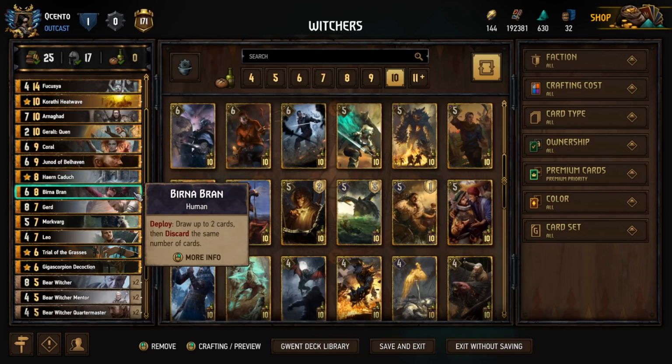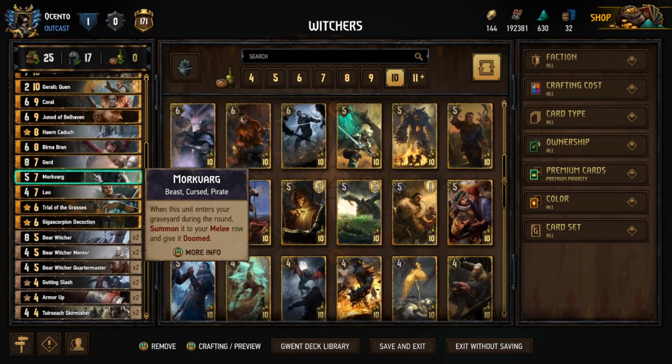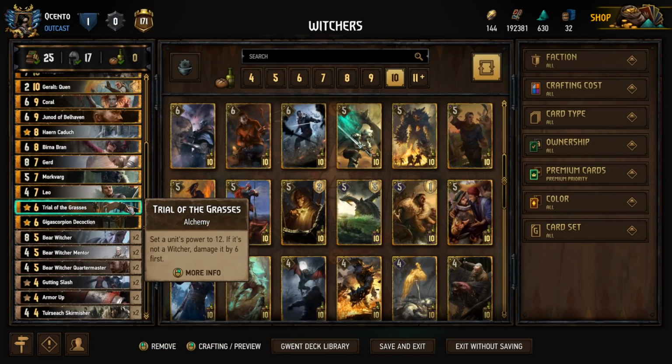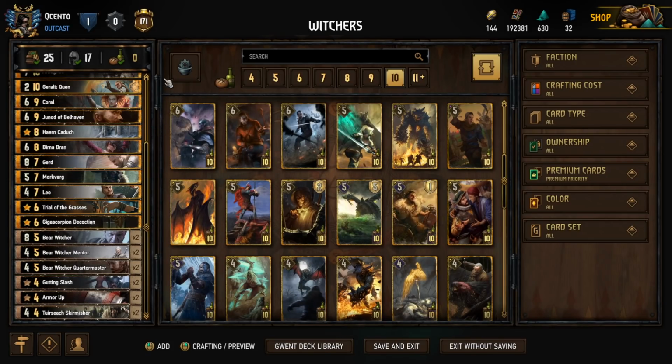We have the 2 discards from the Burna Brand. I have the 1 from the leader, and then our discard targets are going to be the Morkvarg here and the Tursic Skirmishers, which do come back from the grave when we discard them to the melee row. So we get these points on the playing field. It plays for tons of tempo,